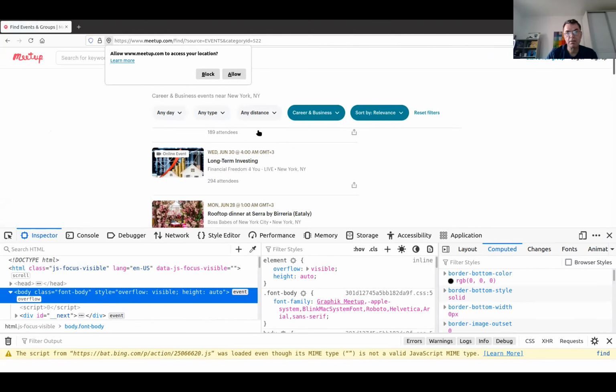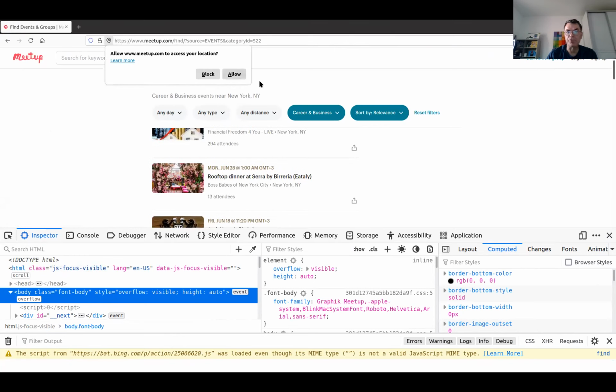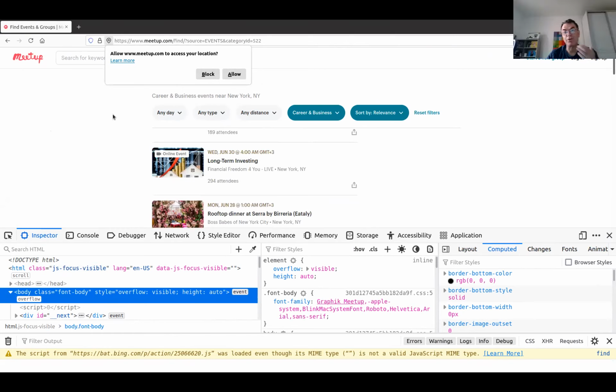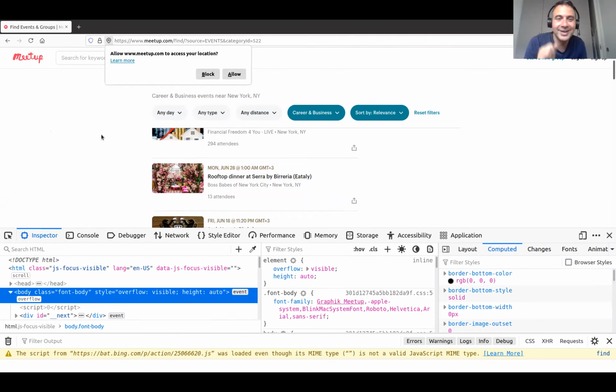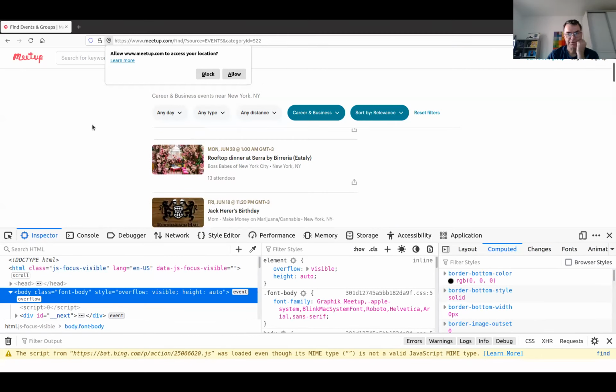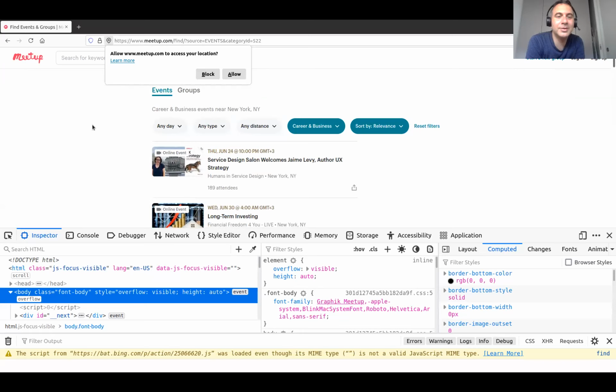You can allow Meetup. Well, I don't want to do either of them now. I just want to delay this. I think you can click on the icon to make it disappear. No, I don't want to block them. I don't want to allow them. I just don't want to do any of this. Just ask me later. Yes. Don't talk to me now. Okay. Okay. So copy the URL.